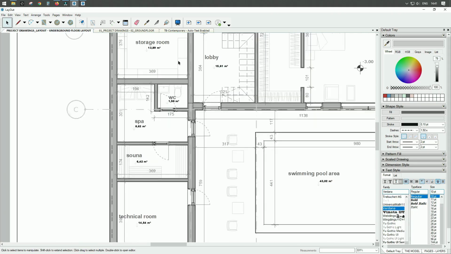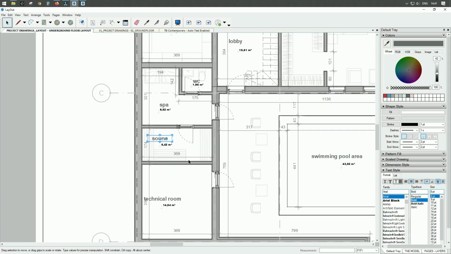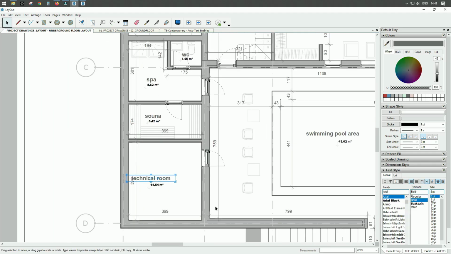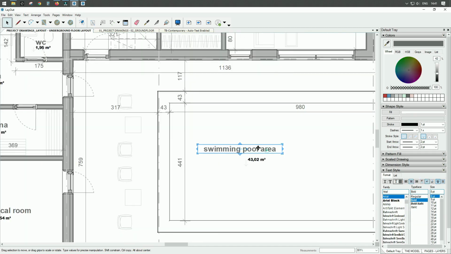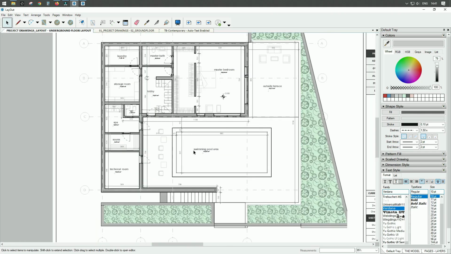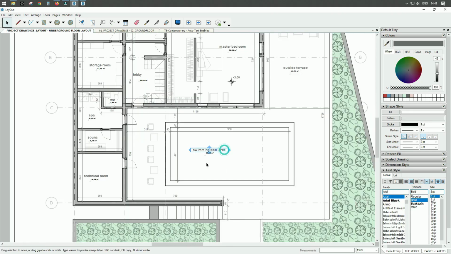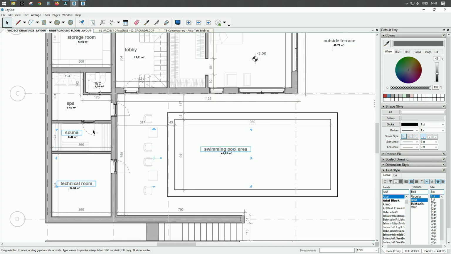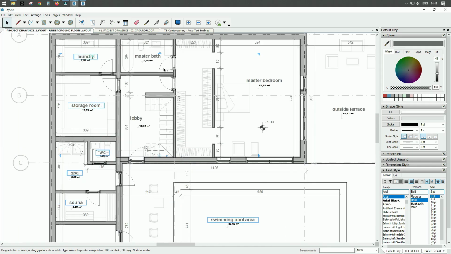Toilet. And here is the swimming pool area outside, and if I don't like it, I can pick all the text like this. I have to adjust the lobby,